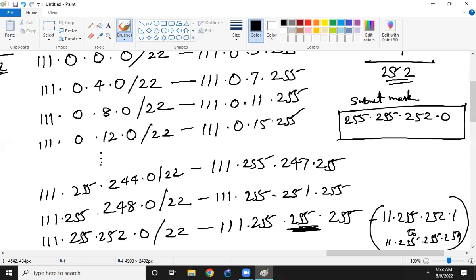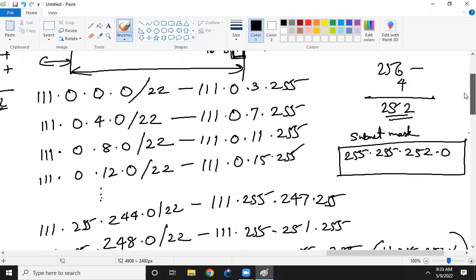Done, guys. Okay, I need you to write down the assignable IPs also, maybe later. I suppose you know how to write it, right? It is in between the network address and the broadcast address. Simple. So the first one, let me just tell you, it will be 111 dot